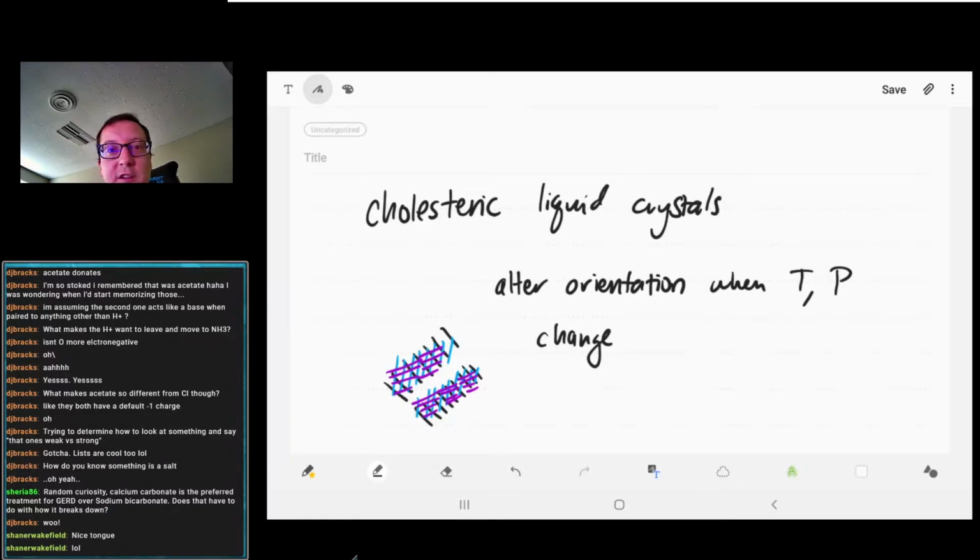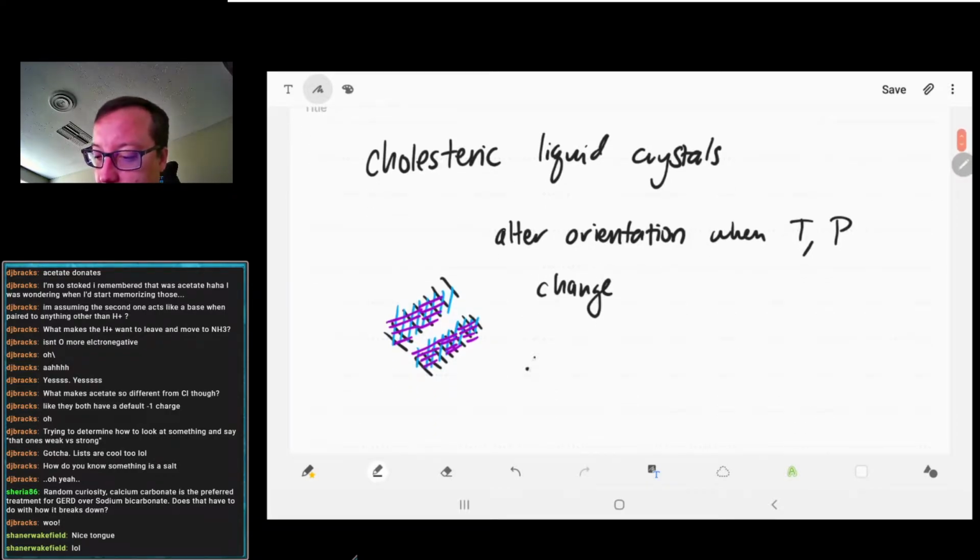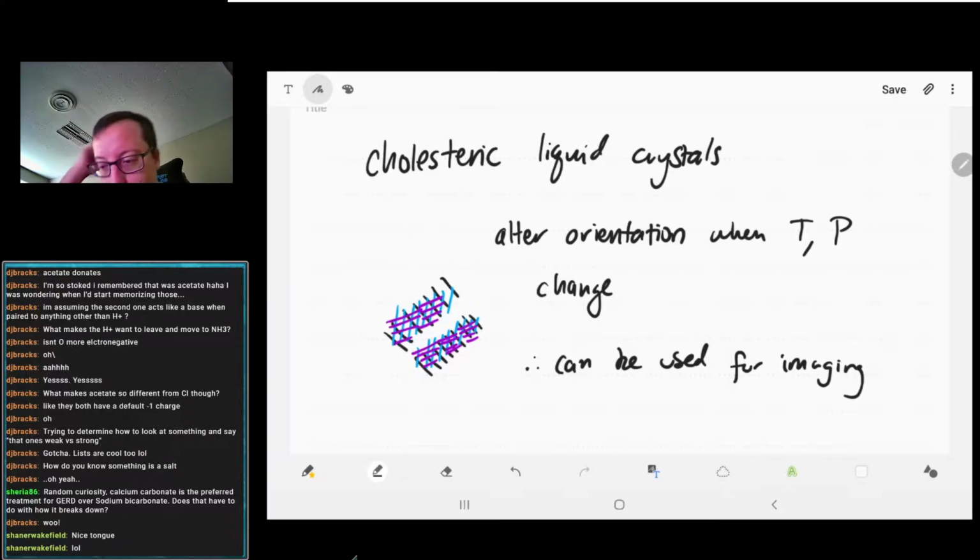So you can change the color, you can change whatever you're looking at. So these can be used for imaging, whether that's a TV or a monitor, or we can use these for thermal